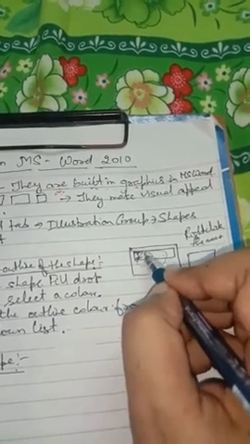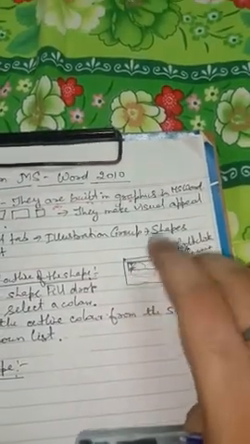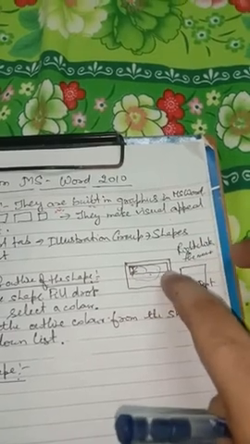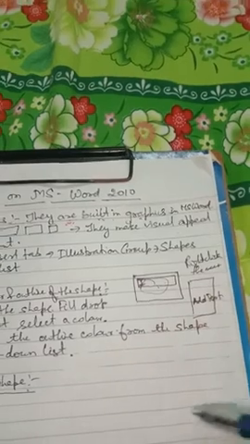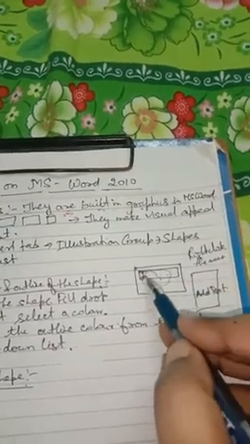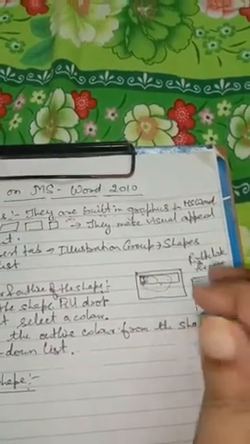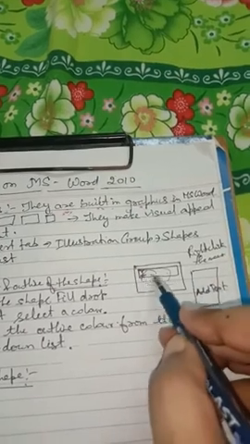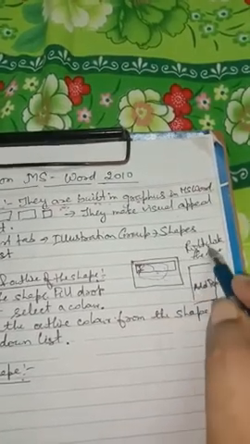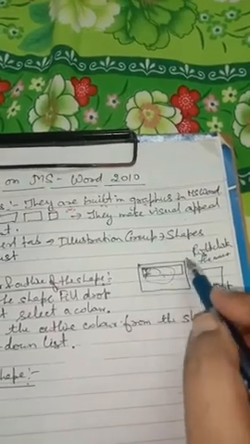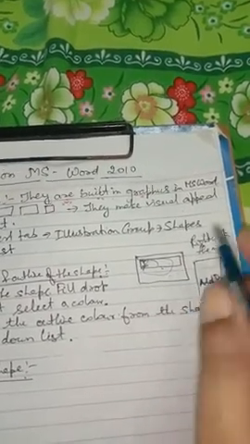So this is the cursor. Now you can type your text from the keyboard over here, and as soon as you have finished typing the text, press the enter key. The text box will be removed and the characters that you have typed will be visible over here. This is how you can add text in your document in the shape.